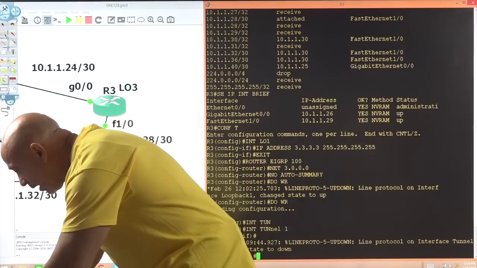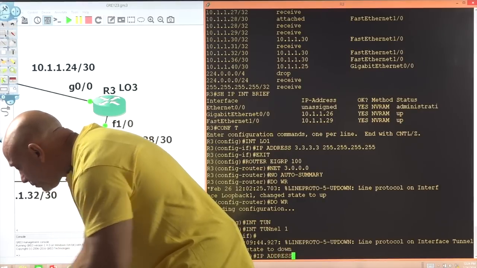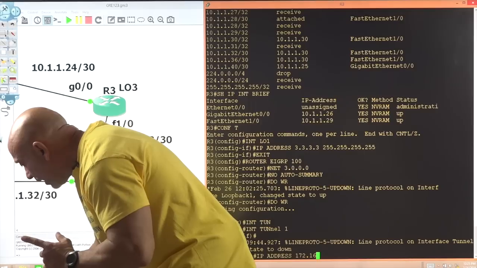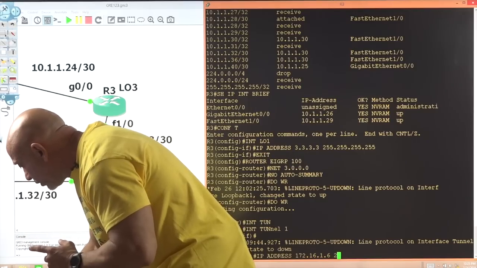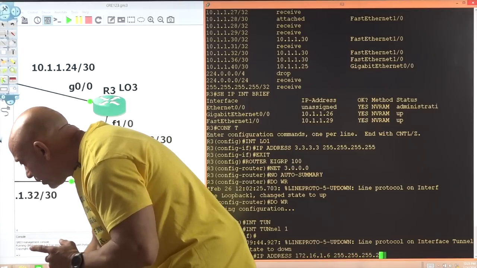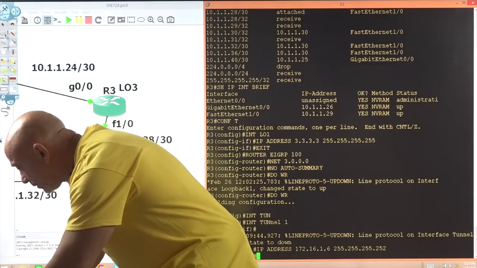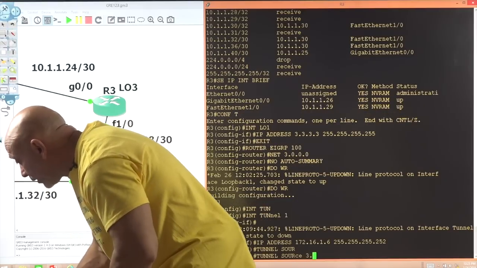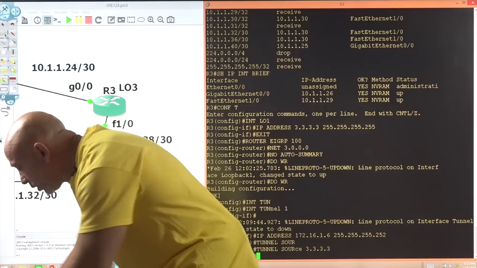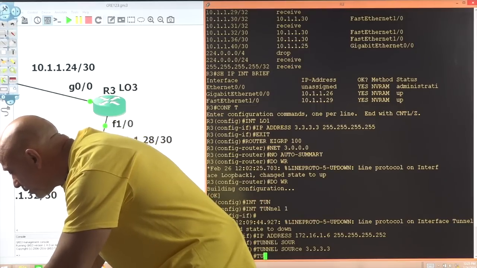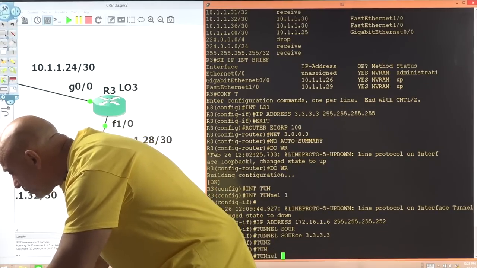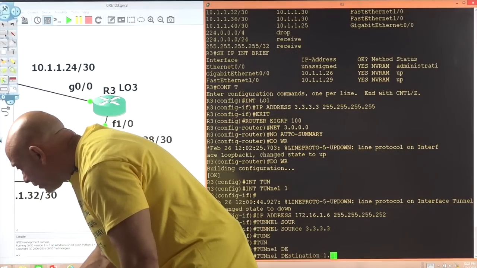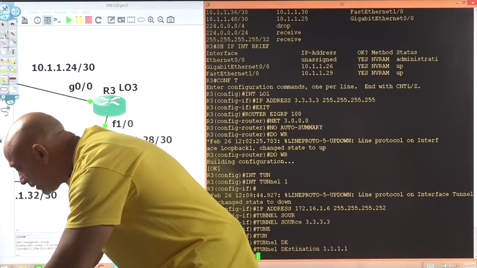Okay, IP address is 172.16.1.6. I believe that's what we used. Okay, and then tunnel source is 3.3.3.3, and the tunnel destination is 1.1.1.1. All right, you can see I tab there. Lazy one. All right, that's done.